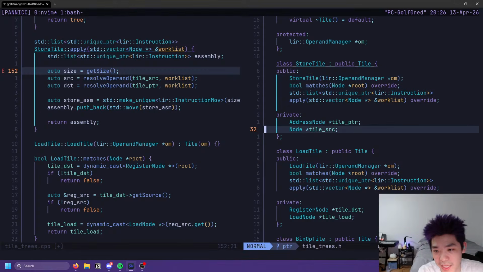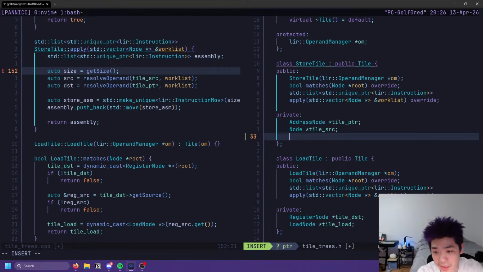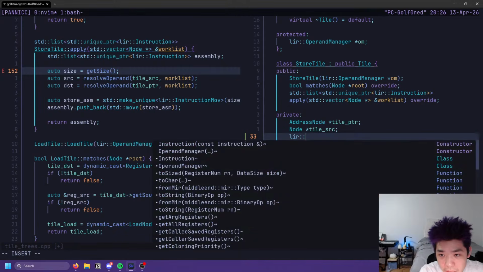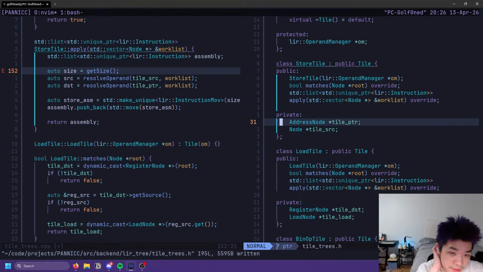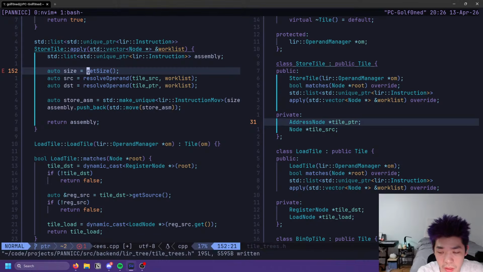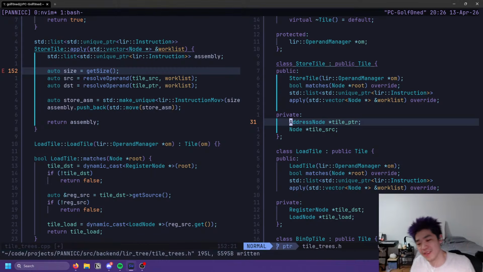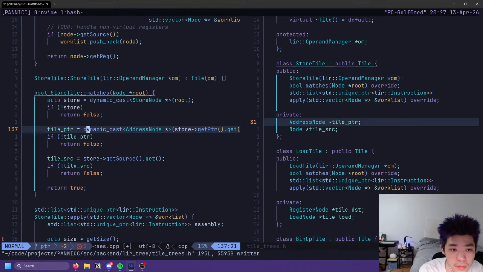Okay, so I think we need size in here as well, or something insane like that. Oh man. What if we just store the node? Or wait, no, we can't. What if we just store the store node? So we keep that.